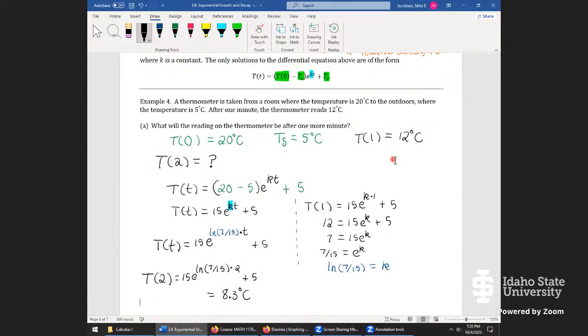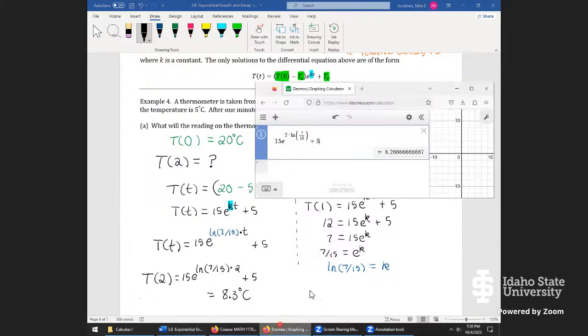8.3 degrees Celsius. It definitely dropped, but to me, the surprise on this is it really didn't drop as much, right? It drops a lot fast, but then its rate of dropping temperature is starting to slow down. We could get a feel for if that really should be the case by just plotting the whole function. Temperature at time t is 15 e to the power t times natural log 7/15